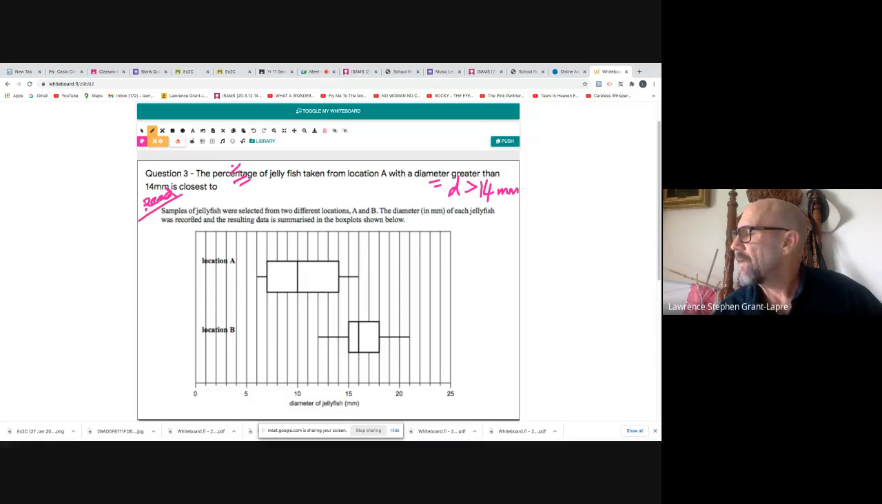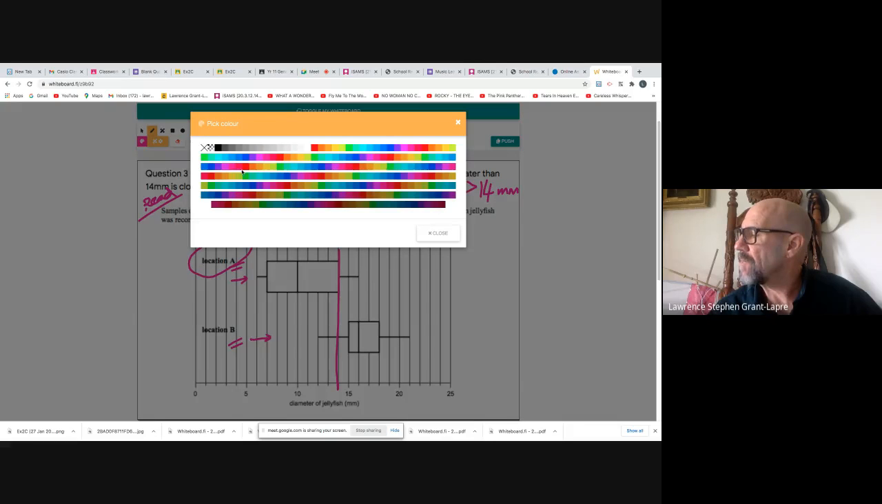Samples of jellyfish were selected from 2 different locations, location A and location B. We want location A for this question. The diameter in millimeters, which is what we're talking about, was recorded and the result summarized. We want how many bigger than 14? Now there's 14, location A. And you've got just a tail. Well, a box and whisker plot, you've got the